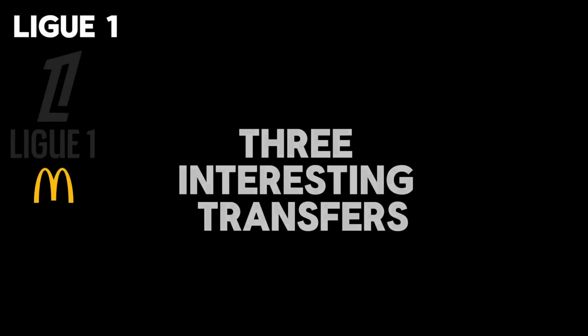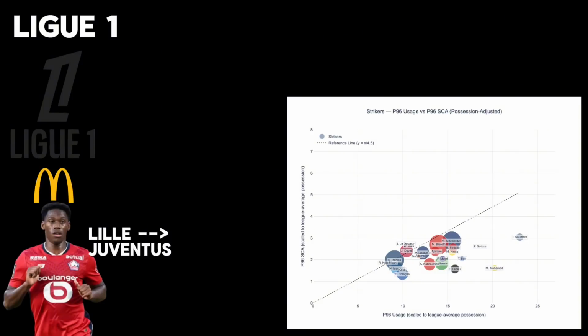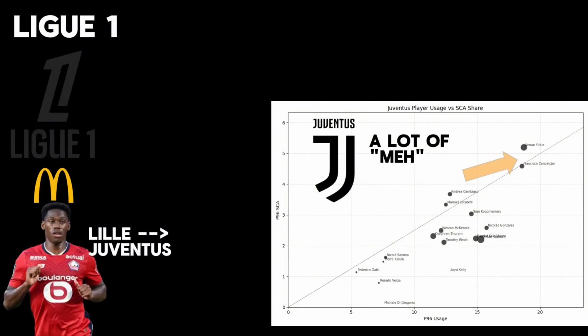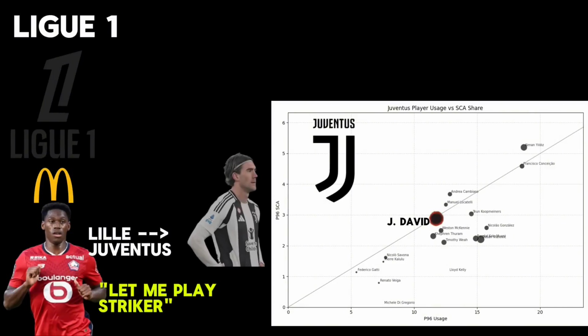Now for some transfers. Jonathan David moved from Lille to Juventus. Across the charts, Juventus don't really have standout players. Their wingers are the best players in terms of creativity and goals, and even they are not so impressive. So a lot will be riding on David's back. I think he's by far their best player now. And they would be smart to let him take the striker role, but they already have Dusan Vlahovic. So I'm confused about whether they're going to let David play the correct role.